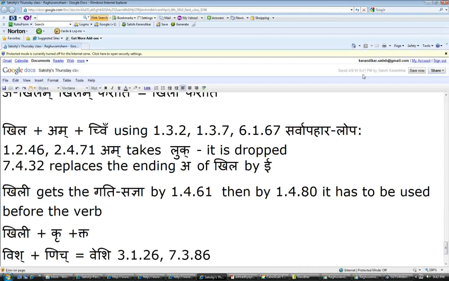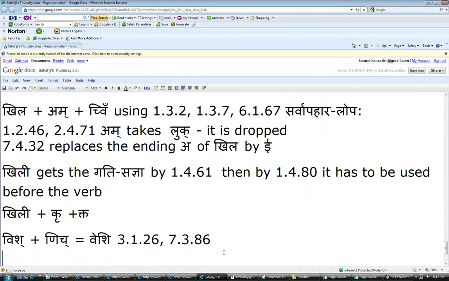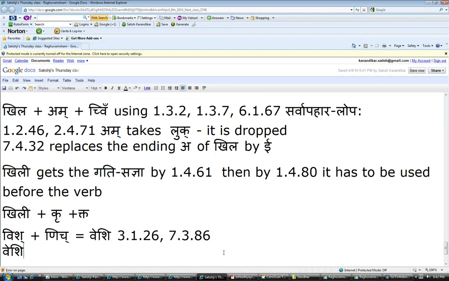Now we have to make the participle from this. So we then take this Veshi and add the Pratyayakta. Now Veshi is an Anekach Dhatu because of the Sanadyanta Dhatavaha. This 3132 gives a Dhatu Sanya to all the derived Dhatus because they're not in the Dhatu Patha. Dhatu Patha only has Vish, not Veshi. But this Veshi also gets a Dhatu Sanya by 3132. And then we can, of course, bring in the Nishtha, make it the Ta.